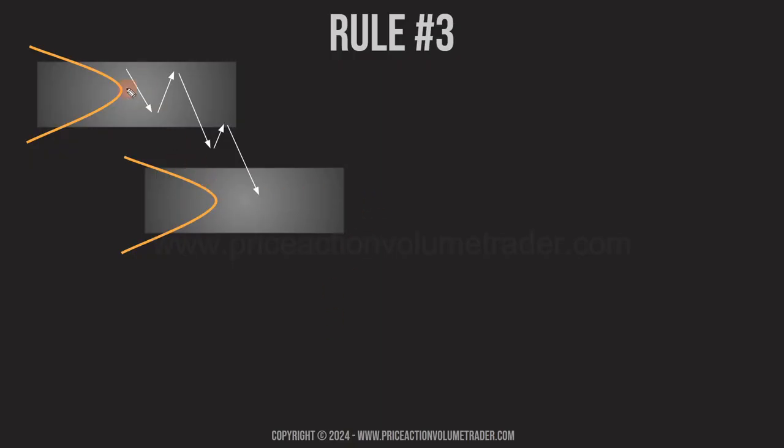Similar concept here. Points of control act as magnet areas, as this is where there has been the most interaction between buyers and sellers. And so when we have a breakout from a previous value area, you can see we're on a downtrend right here. We broke down, retest. Then the next target we'll be looking at is the point of control of another value